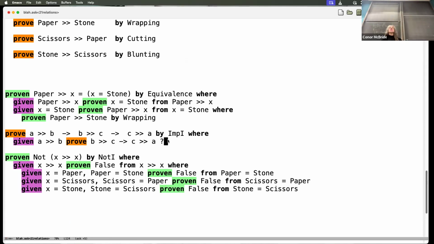And now we've been given that A beats B. I could do implication introduction here, and it would not be fatal to do so. But I know I'm going to have to do from on A beats B sooner or later. And if I do it sooner rather than later, I'll get a little bit more specialization in each of the cases. So I say from A beats B,